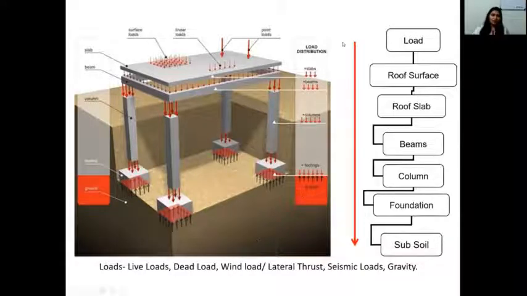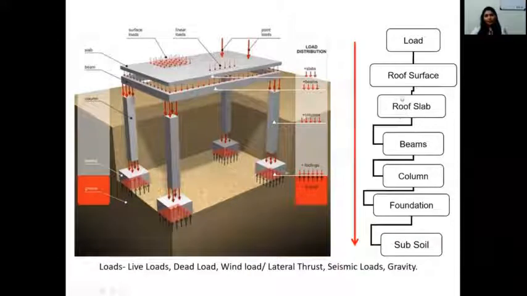In this picture, you can see surface load, linear load, and point load, which are different kinds of loads which you might have heard of in structures. These are acting on the roof slab. Okay, इस slab पे ये सारे forces act हो रहे हैं. Okay, roof slab, roof surface या फिर roof slab. तो सबसे पहले ये surface पे आएगा, surface के बाद में roof slab पे आएगा.